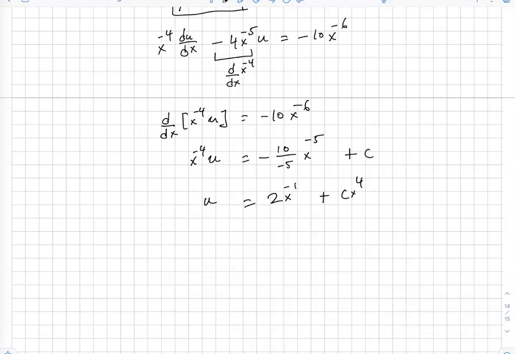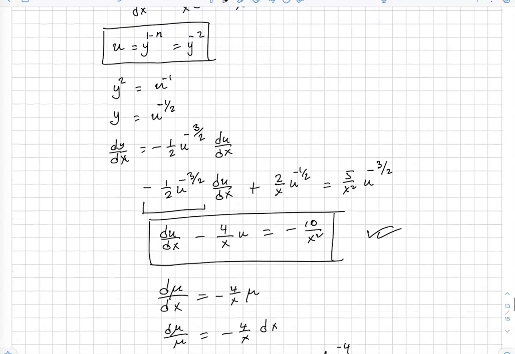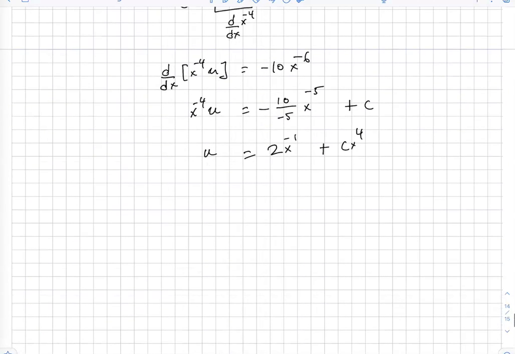Then what you have here, u is equal to 2 times x to the power minus 1 plus c times x to the power 4. Replace u. So you see, what is u? U is y to the power negative 2,